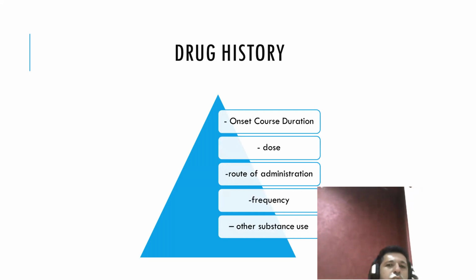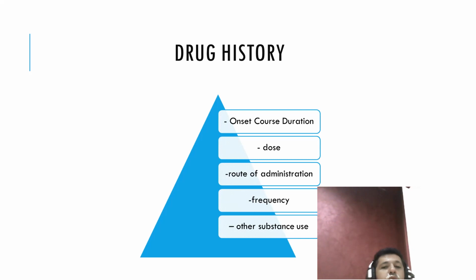So the drug history, you have to ask the patient. If he says, Doctor, how can I help you today? Yes, doctor, I have a problem with the substance. Then you have to ask him, can you tell me when this started? Like for how long? How did this happen? If he says, I have a problem with, for example, cannabis, then you ask him how much do you take, how do you take it, how often, how many times do you take it, like daily, every other day, or twice per day.